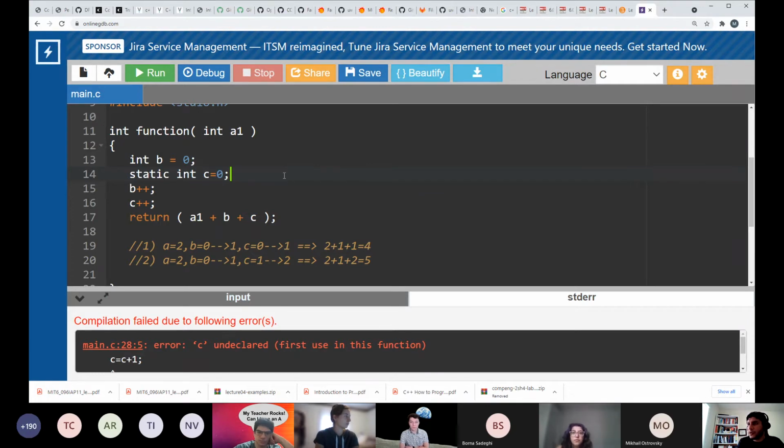If I didn't define it, you don't have access to it, it's undeclared. If I didn't define it as static, similar to what we tried before, it just gets recreated every time, right? I think they're asking if you just put static on C and you didn't initialize it. Yeah. Is that the case? Yeah, thank you.